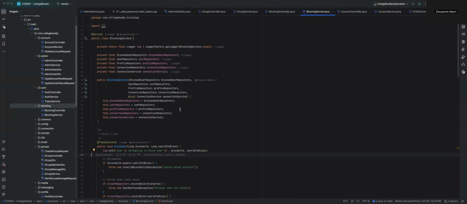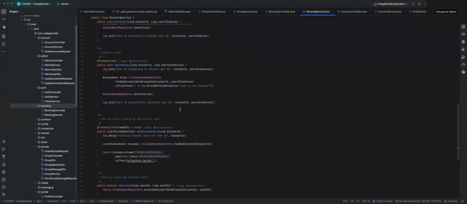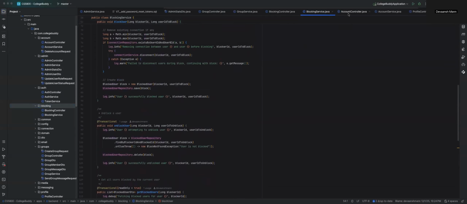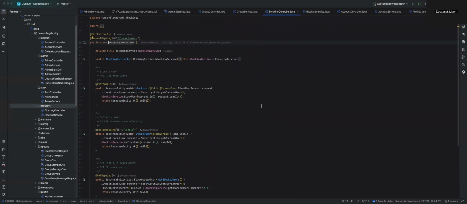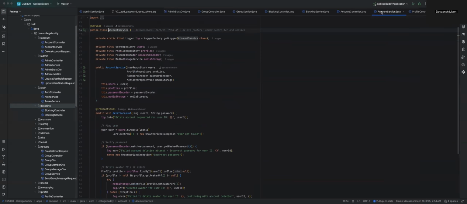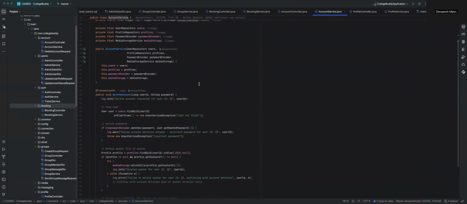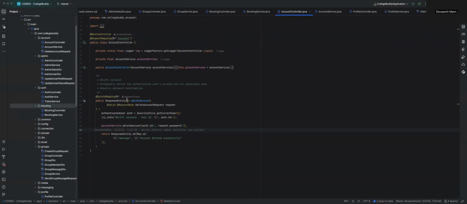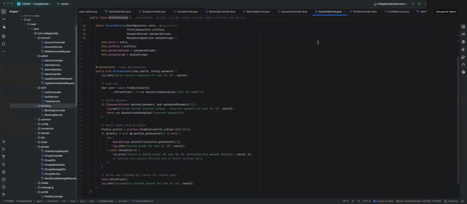In deletion, a delete request is handled by the account controller. Let me pull up this method, the delete account method, and passed on to the account service, which is this file. So this delete account passes on to the account service's delete account method,